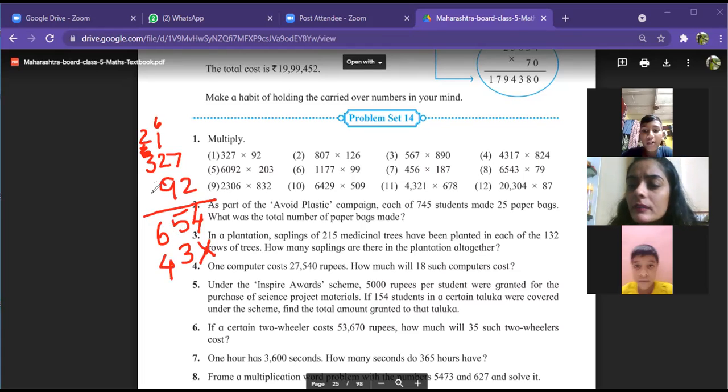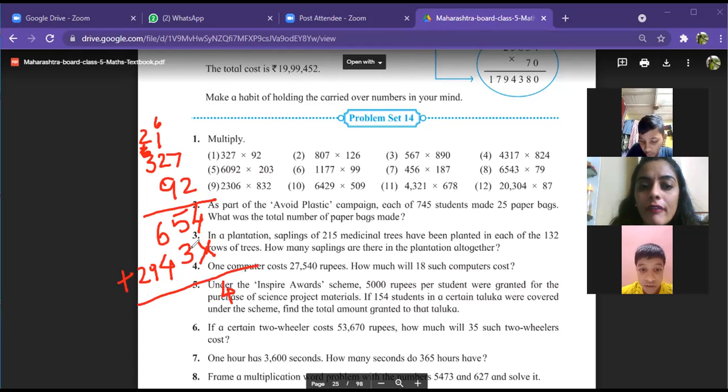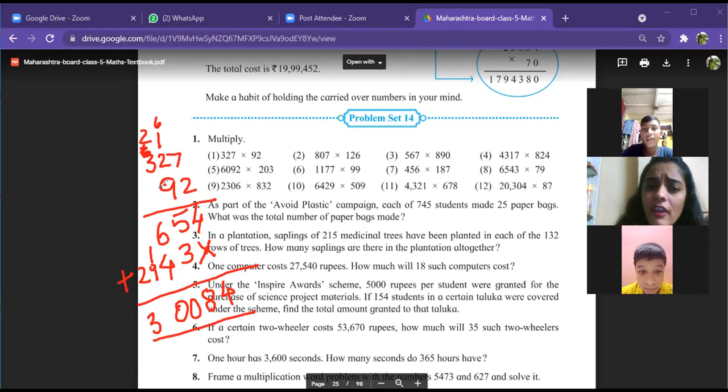9 threes are, 9 3s, 27. 27 plus 2, 29. 29. And now what are we going to do here? Addition. Right? 4 plus 3, so 4, 8, 5, 0 plus 1, 3 is 1, 3. 8. Sir, 6 plus 4, sir, is 3084. What is your answer? 30084. Very good.